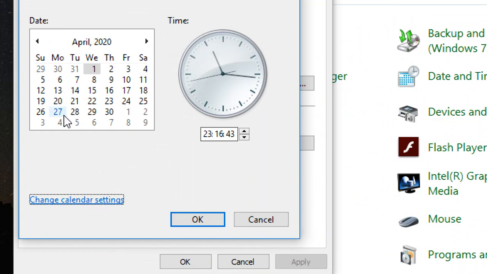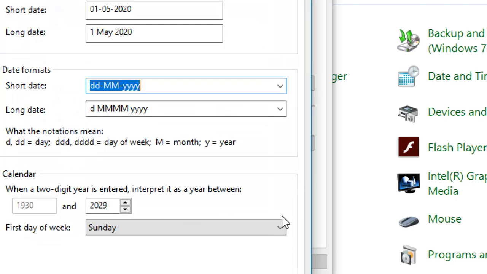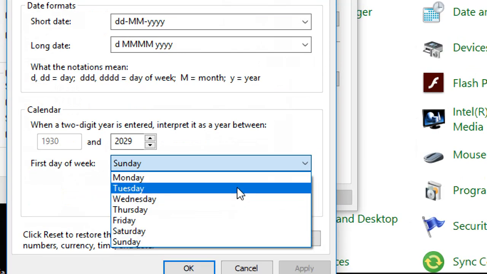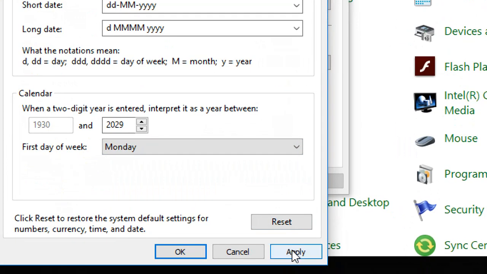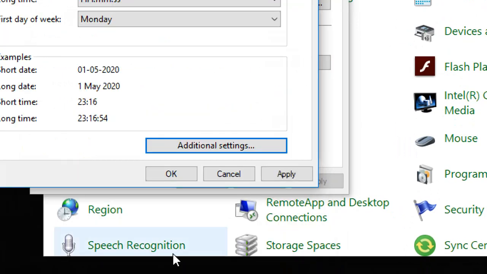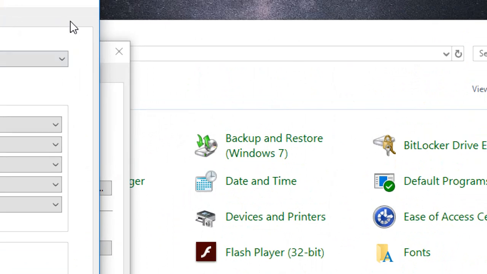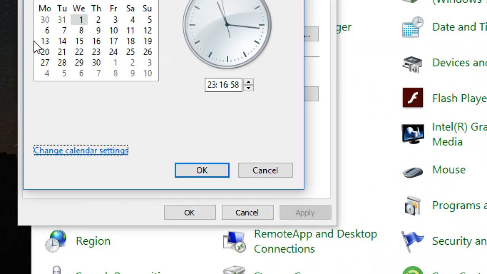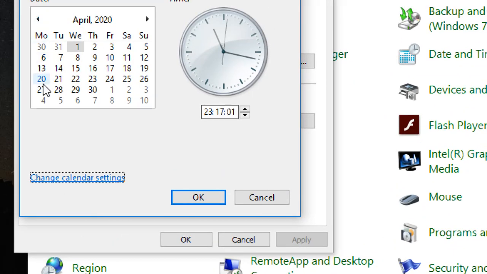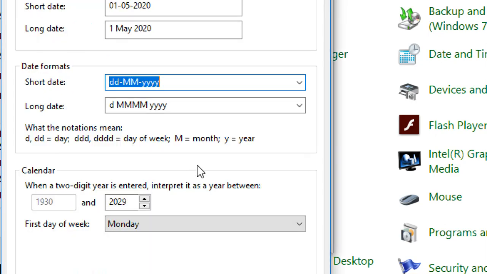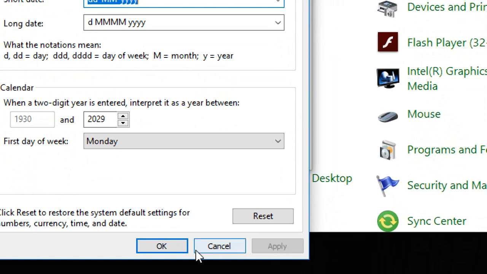If I keep Monday as the first day, my calendar starts from which day? Monday. Let's see, click on Monday, click on apply and click on OK. Now look at this here. The first day of the week is Monday. Clear everyone? Let's say click on change the calendar setting and click on apply or OK.